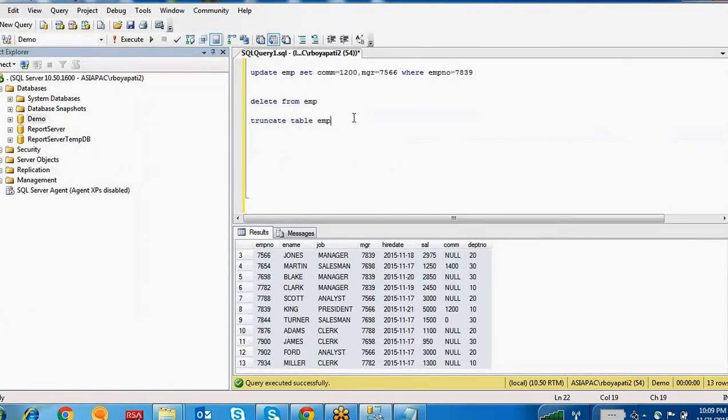And one more difference. For example, I'm going to create a different table. How to create the table? Create table EMP sample, this is a new sample table I'm going to create, employee number integer, comma employee name varchar 100. It's a simple table.